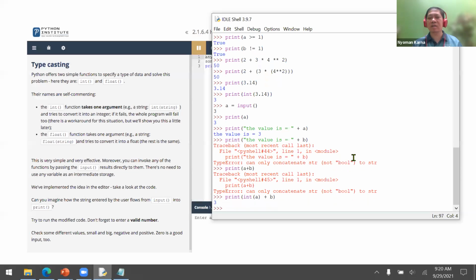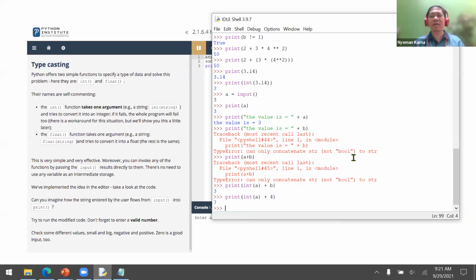So it will return 3. How come it becomes 3? Because B is false. B is 0. So for example, like this, print integer A plus 4. Then it will give 7.